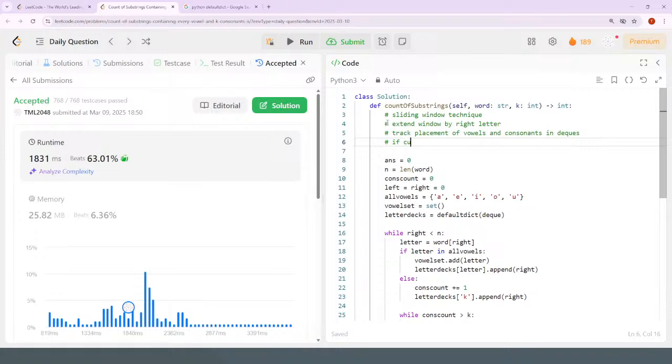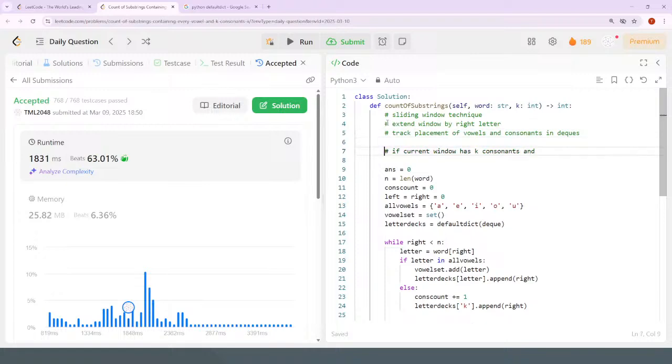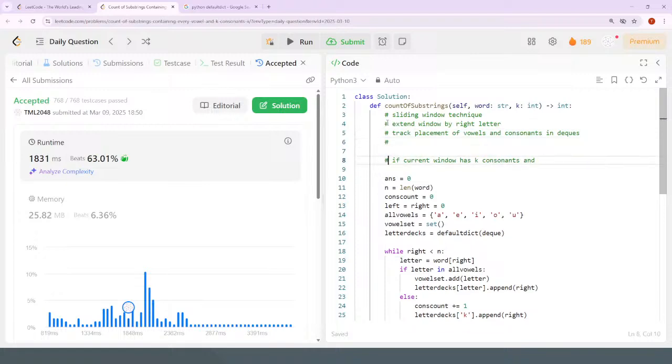If current window has k consonants, and actually there's one step between this, but if the current window has k consonants and at least one of each vowel,